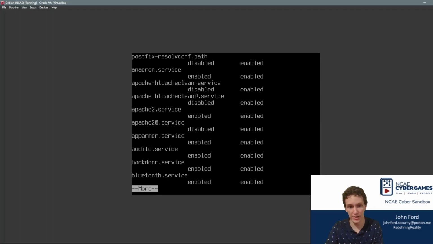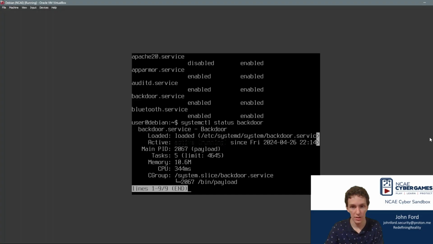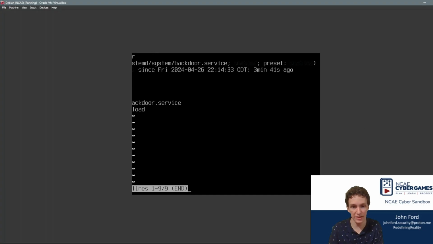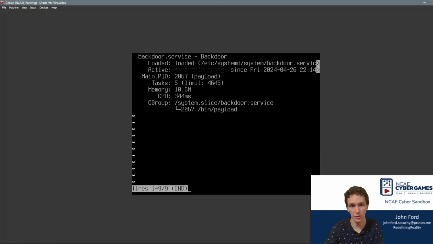So let's say I want to investigate this backdoor.service, how do I find the full path to that service file? Well, I can always say systemctl status backdoor, and it tells me that the full path to that file here, if we take a look there, is /etc/systemd/system/backdoor.service. It says it right there. So I'm going to quit out of this, and I'm going to take a look at it. I'm going to say sudo cat /etc/systemd/system/